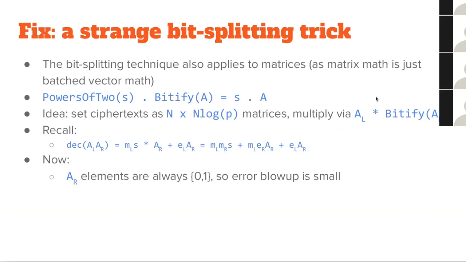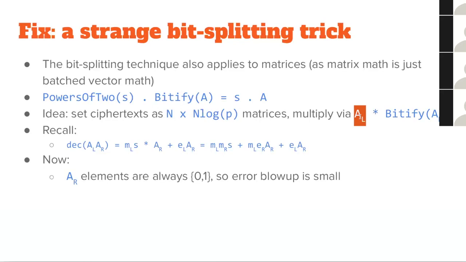But if you take a matrix which is Bitified and multiply it by a matrix which is not Bitified, then the multiplication itself, when you do modulo, you can think of it as an unbitified version of a bitified thing. And what happens is that the inverse of bitifying that's inherently baked into here has this